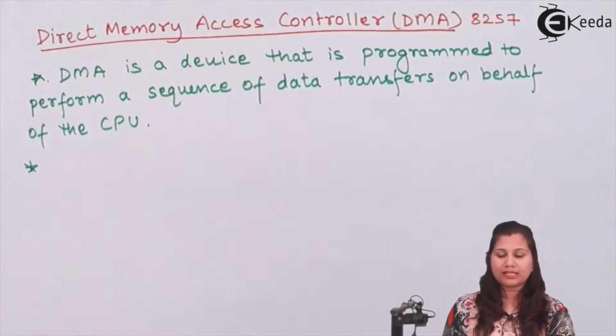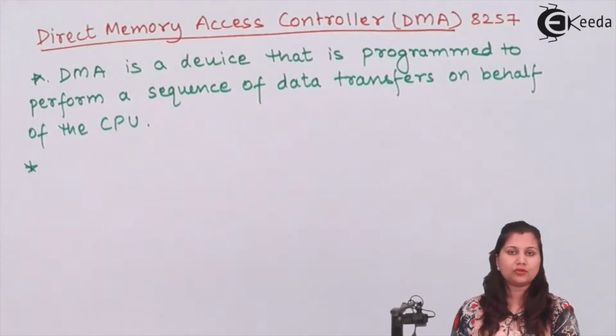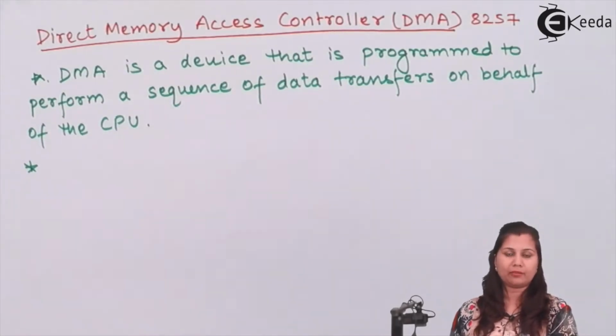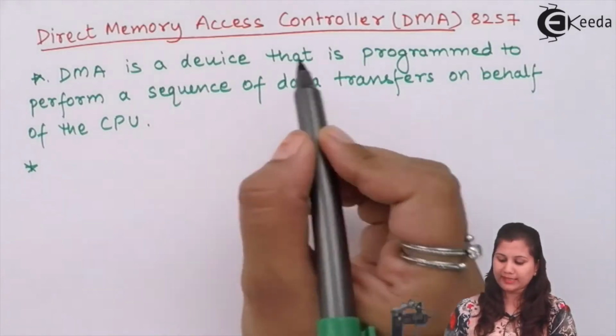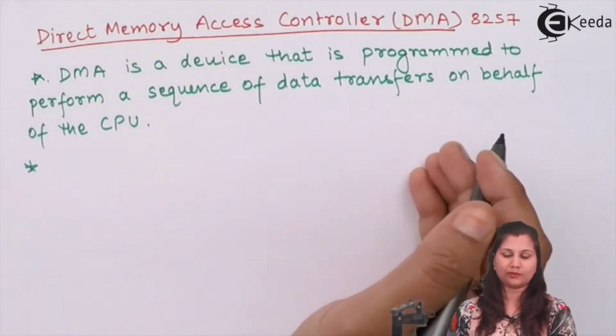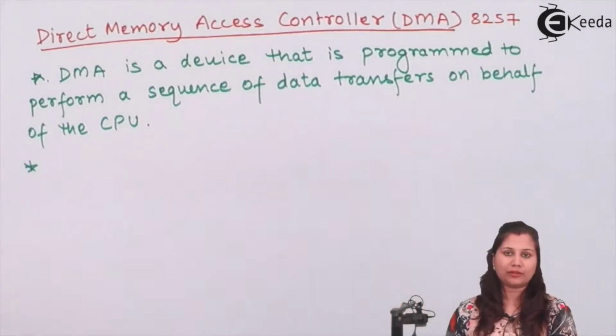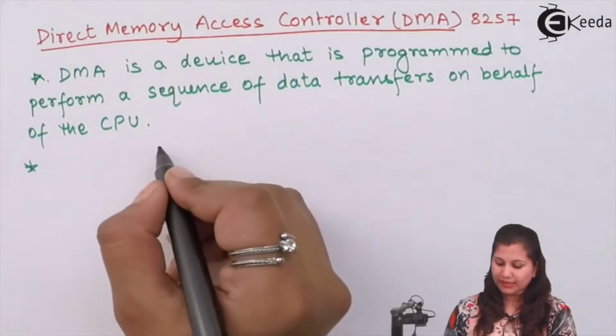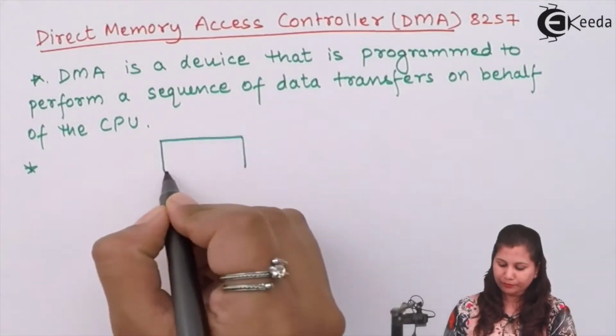So DMA, we can say that it's a device which usually acts as a peripheral device to the central processing unit, and this device can be programmed to perform a sequence of data transfers on behalf of the central processing unit. So if this is the CPU,